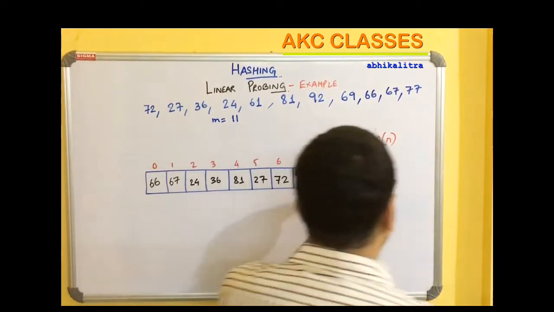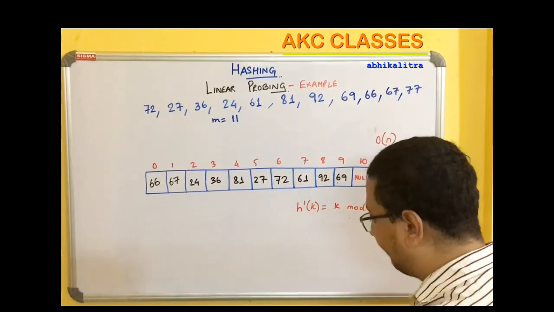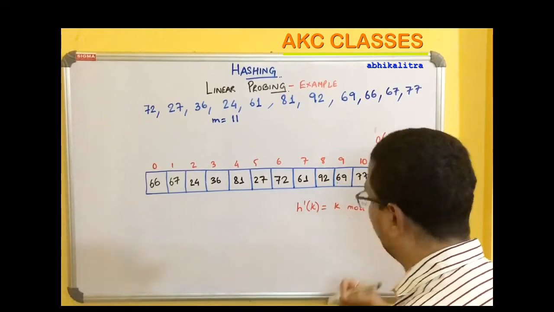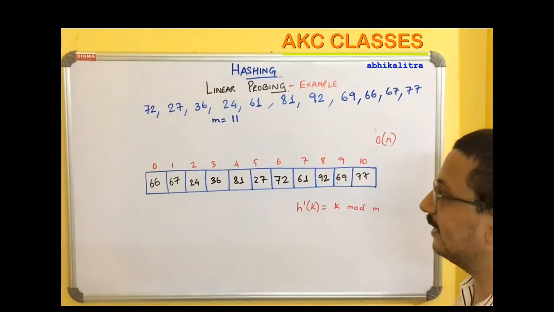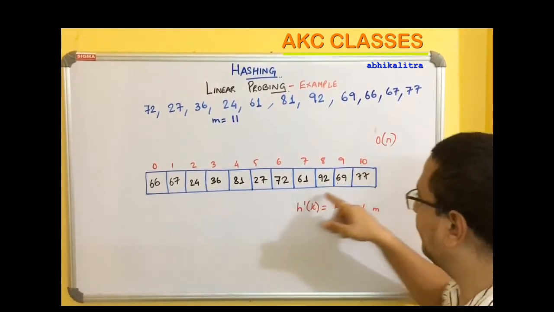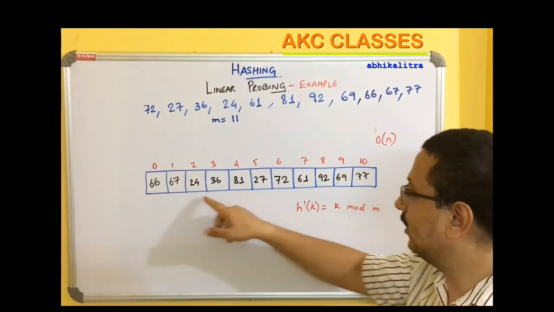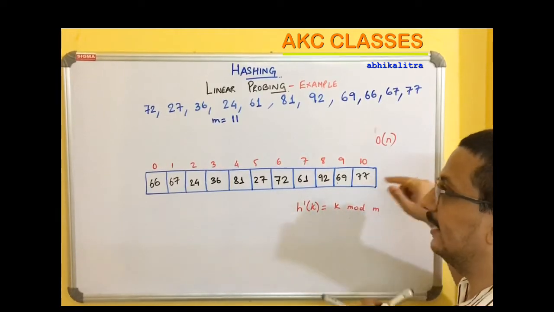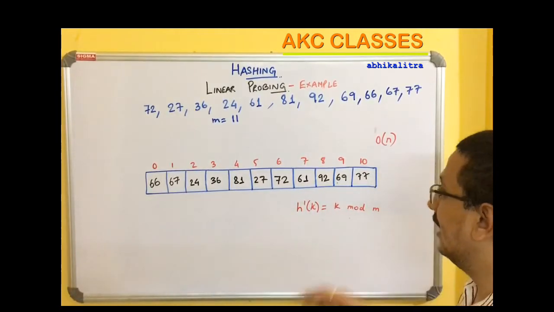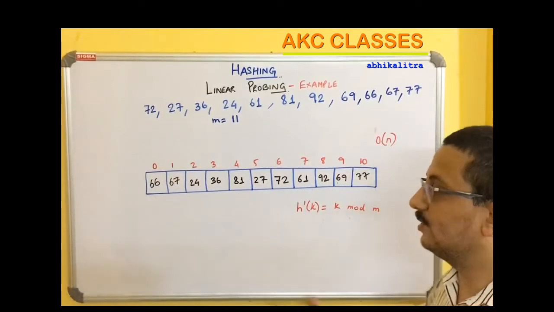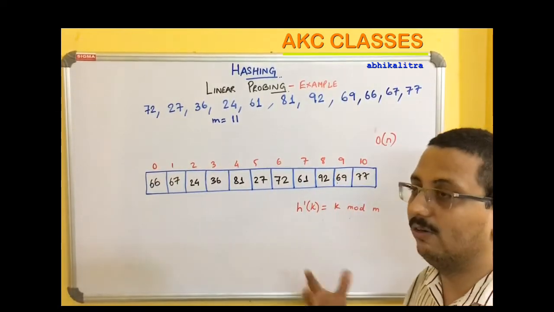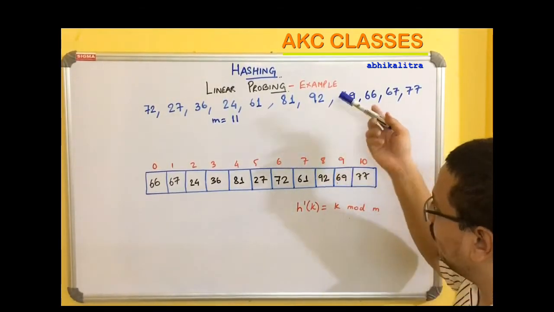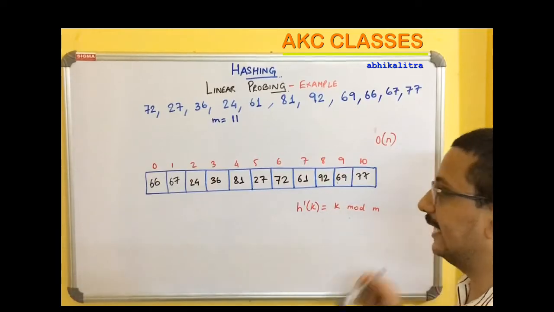So obviously this is the worst case scenario, and after we insert 77 over here, if someone wants to retrieve 77, he or she has to follow the same process. He or she is basically comparing all the locations of the array in order to search for 77, which is currently residing in the last location of the hash table. So it becomes like a linear search, which is big O of n. The linear search complexity is big O of n. So it's better to perform linear search than to use linear probing in such a set of values.